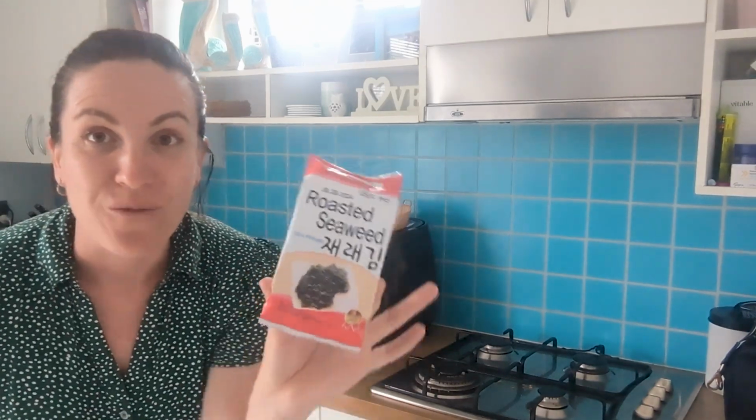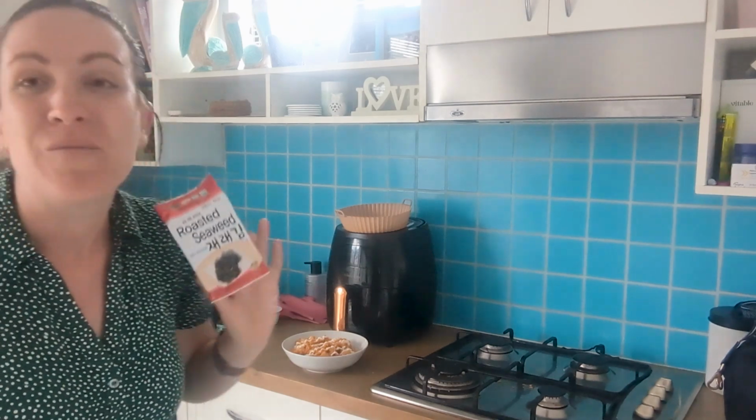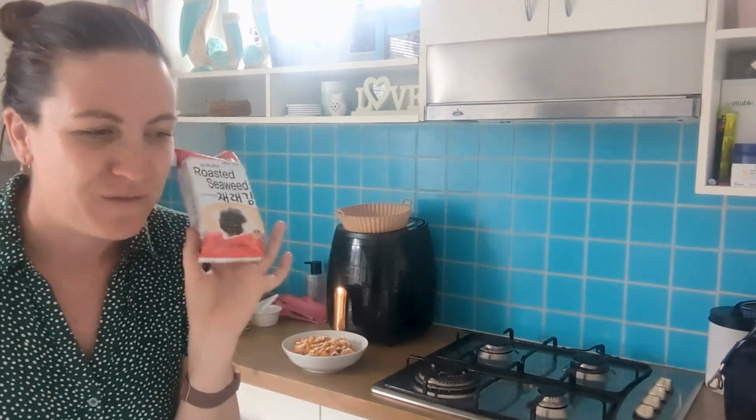Just realized I had one packet of roasted seaweed snacks in the cupboard, which is very convenient because this will go perfectly with what I've just put together, and it will add a little bit of green. It's a very